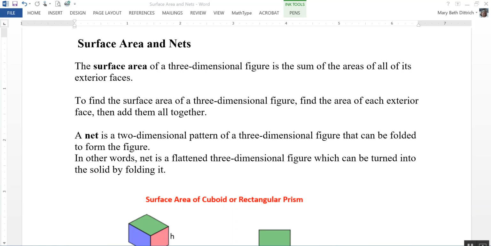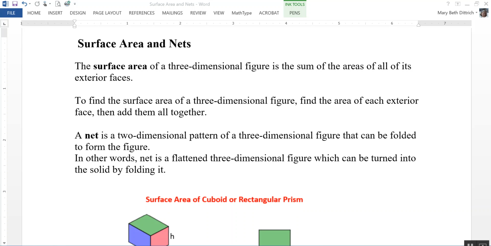This video is on surface area and nets. The surface area of a three-dimensional figure is the sum of the areas of all of its exterior faces. To find the surface area of a three-dimensional figure, find the area of each exterior face and then add them